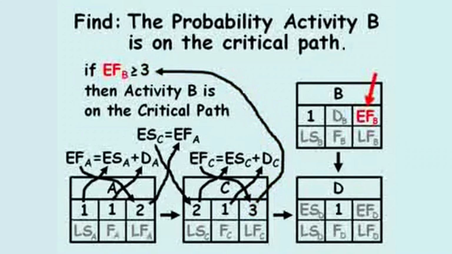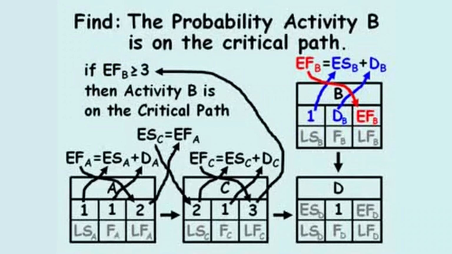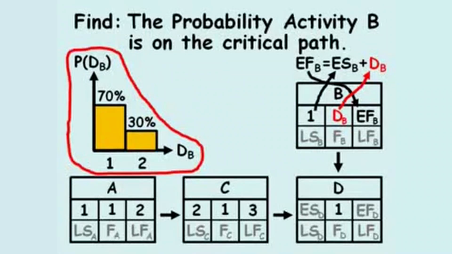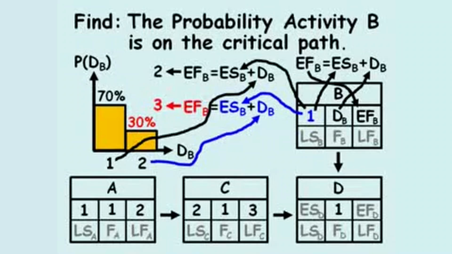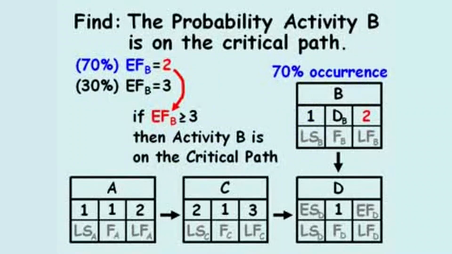Next, we'll solve for the early finish of activity B. The early finish of activity B equals the early start of activity B plus the duration of activity B. The duration of activity B equals 1 70% of the time, and it equals 2 30% of the time. Therefore, the early finish of activity B equals 2 70% of the time, and the early finish of activity B equals 3 30% of the time. Therefore, 70% of the time the early finish of activity B is not at least 3. In this case,